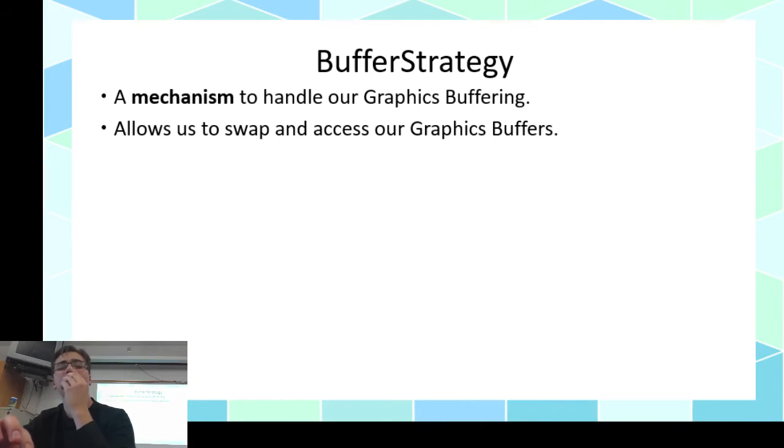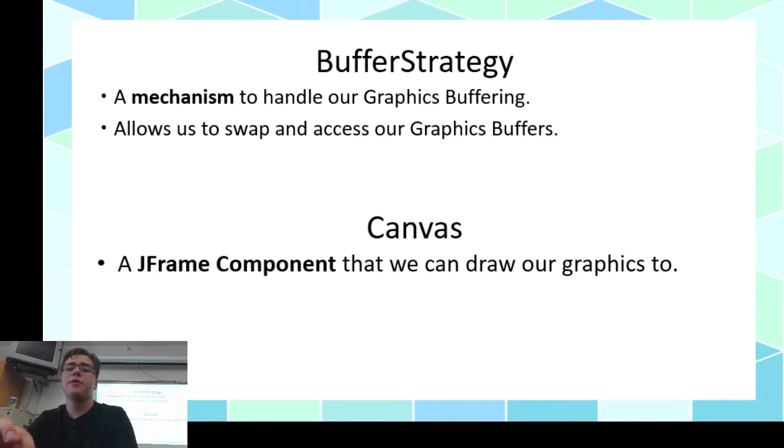And there's something else we're going to use because, as I said, the paint method in JFrame only is called whenever the JFrame is changed, whenever we resize. And I guess, yeah, you could say, why don't we just call it ourselves? But bad things happen because that means that every component is repainted and you get a flashy effect. So I'm going to use something called a canvas. And a canvas is a JFrame component that we can draw our graphics to, hence the name canvas. It's like writing, like drawing onto the canvas.